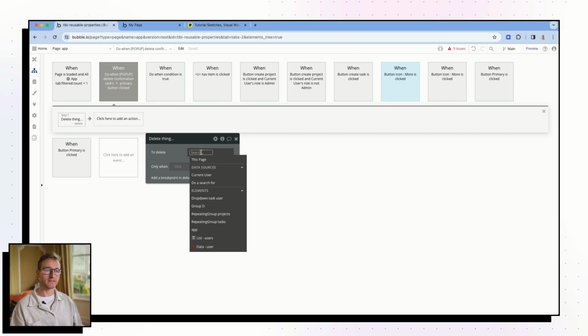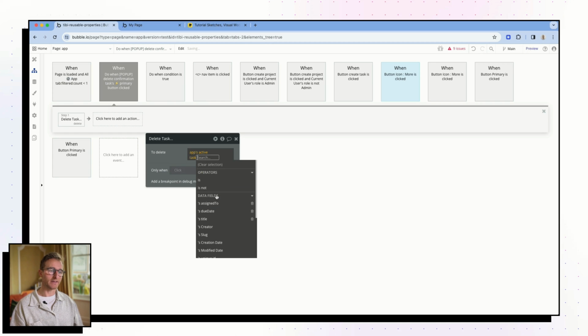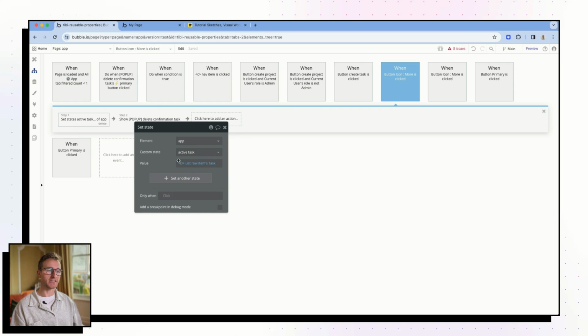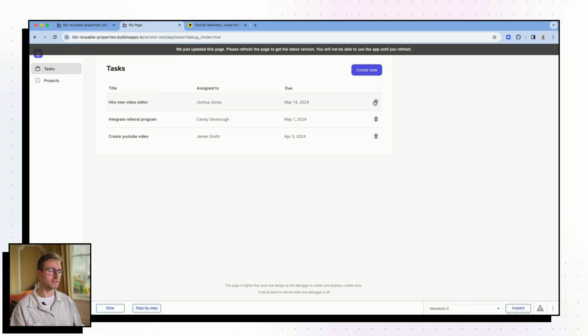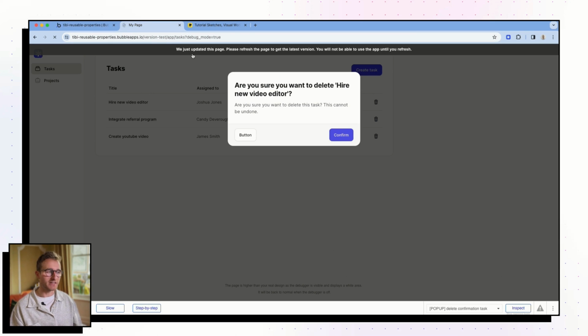And we're going to delete here. We're actually going to delete the task that this pop-up is holding, which we know that we're storing inside of active task, right? Because when we show the pop-up for the first time, we're setting the value, as we showed earlier, to the task inside of the row that was clicked. So inside this guy here. So you might think this would work as it's set up. We're going to see for ourselves, of course.